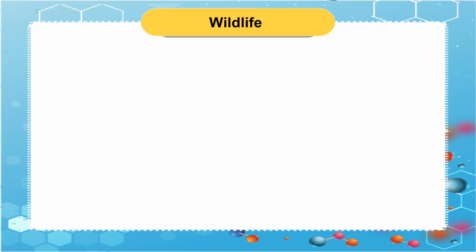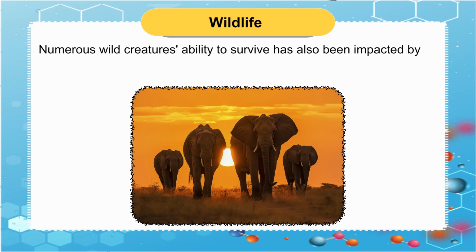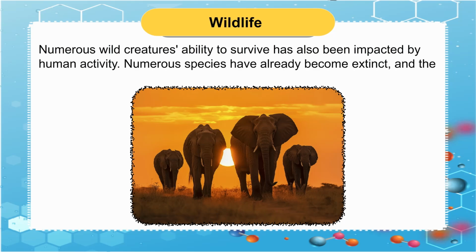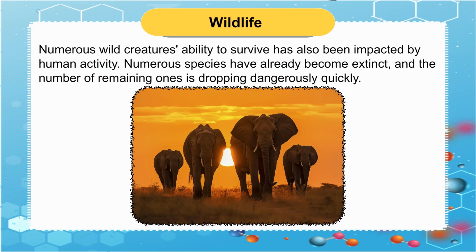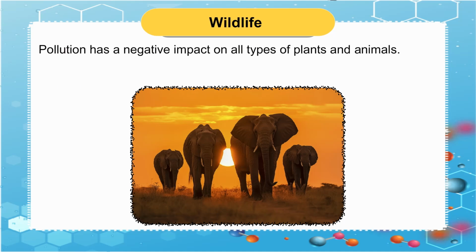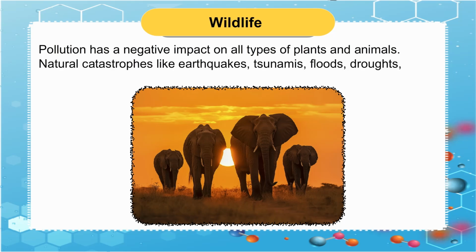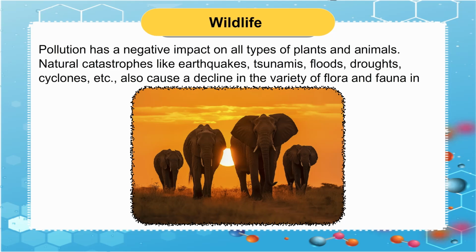Wildlife. Numerous wild creatures' ability to survive has also been impacted by human activity. Numerous species have already become extinct, and the number of remaining ones is dropping dangerously quickly. Pollution has a negative impact on all types of plants and animals. Natural catastrophes like earthquakes, tsunamis, floods, droughts, cyclones, etc., also cause a decline in the variety of flora and fauna